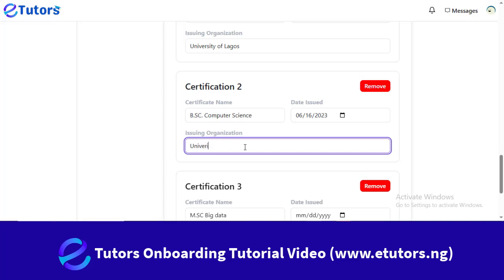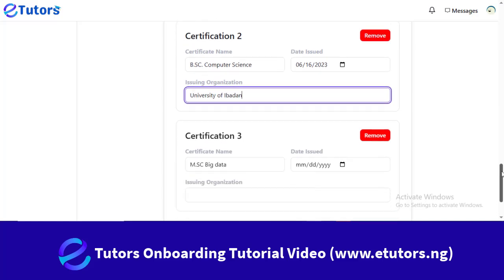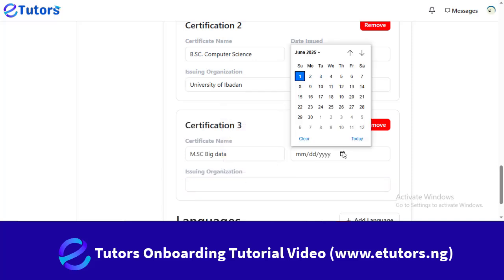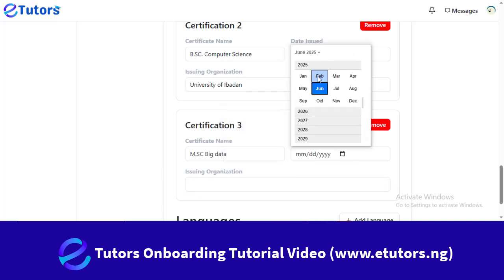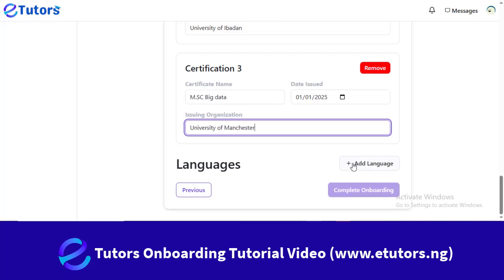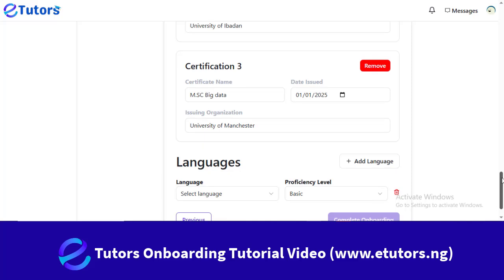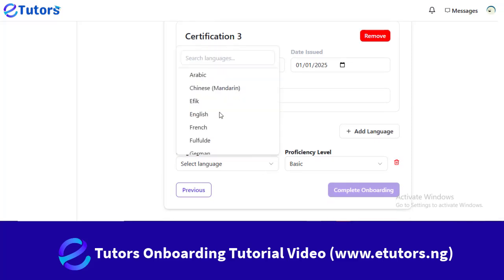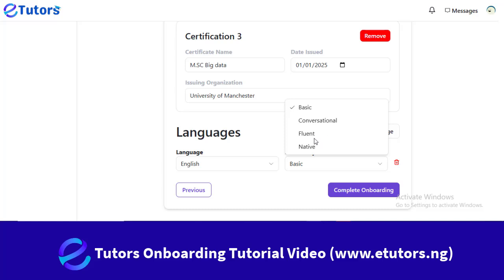okay, University of Ibadan. And also know that the eTutors team is going to verify anything that you're uploading on this platform as your certificates. So this is University of Manchester. So this is UK. Great. So I've uploaded my 3 certificates, and then the languages, that's my language of instruction. So I'm going to select English, and I'm going to put it as fluent,